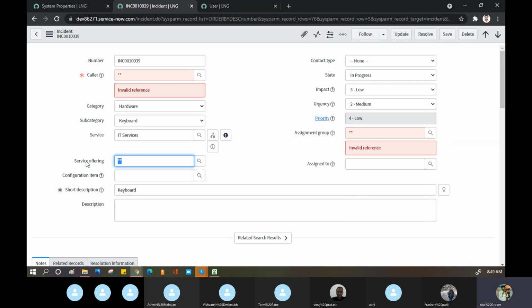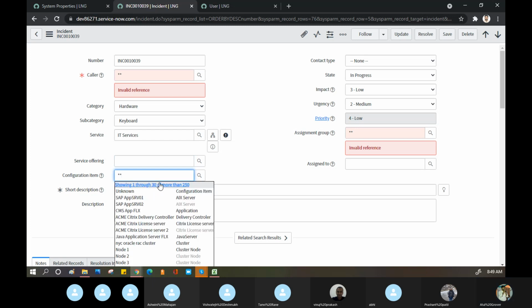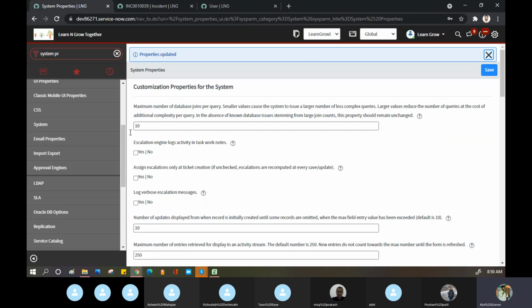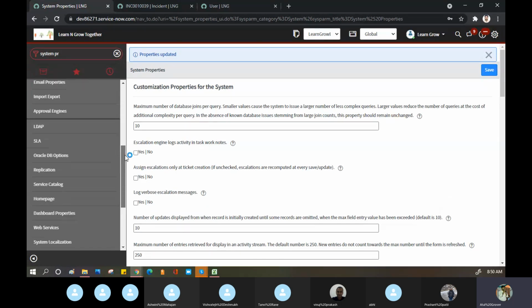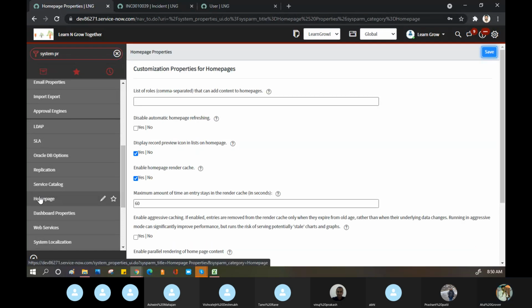There is no service offering. Okay, so these are the few things about the property part, how the property specifically works. Then you can go to the home page kind of stuff. What is home page?